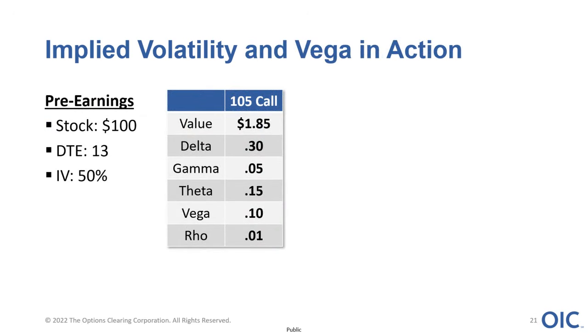So the way this is setting up, we have a pre-earnings situation in a stock. It's trading $100 and there's 13 days to expiration. The implied volatility level is 50. With the stock trading 100, we're trading the 105 call, slightly out of the money. It has a 30 delta. These are the rest of its commensurate Greeks, and it's worth $1.85. Now, let's say you sold this call. And let's also say that earnings have come out,